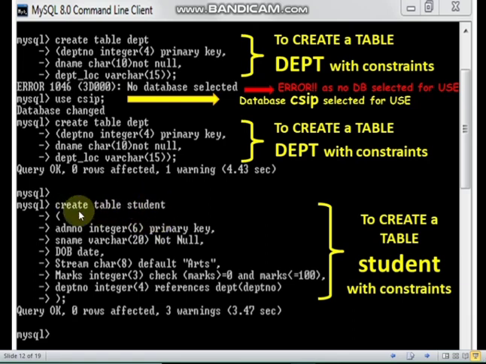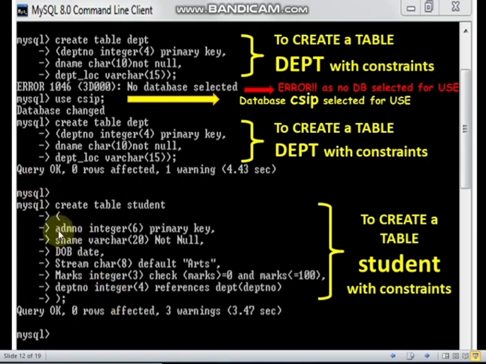So CREATE TABLE student, and you have to give the parenthesis. The better way is to start the parenthesis at the beginning like this, end the parenthesis at the last line, and then give a semicolon. It is always better to do it like this. So let's see.